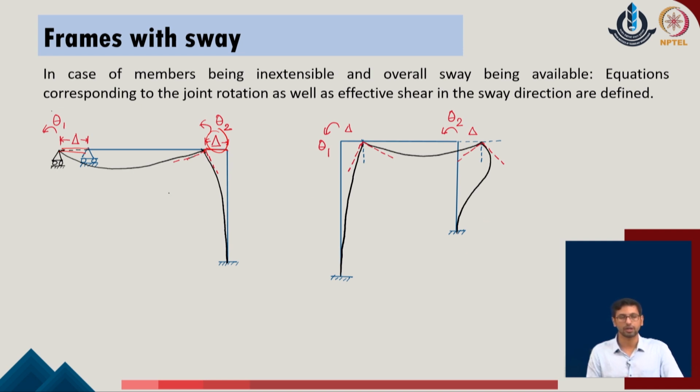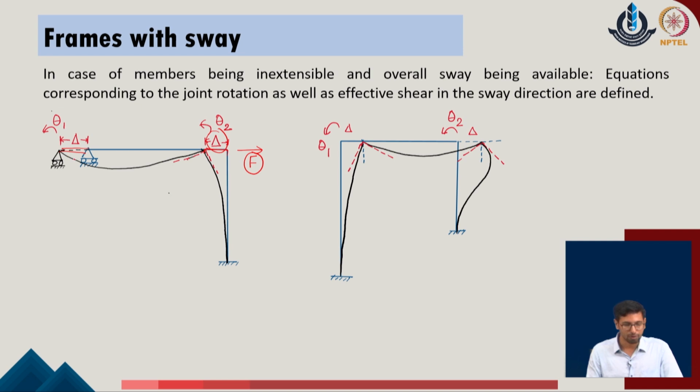Now, for these given conditions, when the members are considered with sway, we typically identify that with respect to the sway, one has to identify the equilibrium of the forces in the direction of the sway, as sway happens to be a translation. So, the equilibrium will be defined with respect to the forces in the given direction. Now, if it comes to defining the forces in the direction of delta, primarily those forces will be the shear forces coming from the vertical members, because we have already considered that members are inextensible.